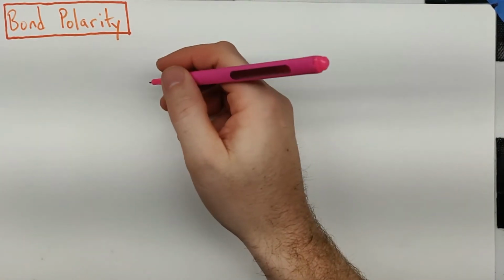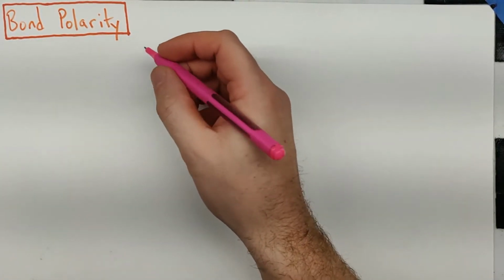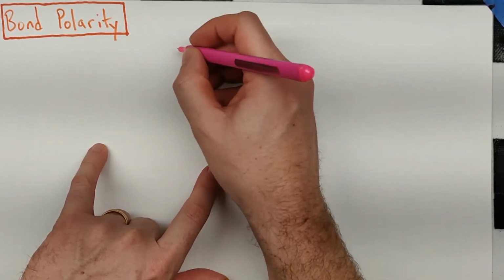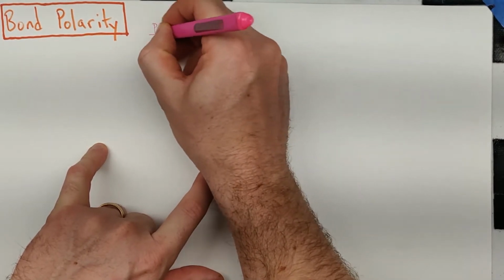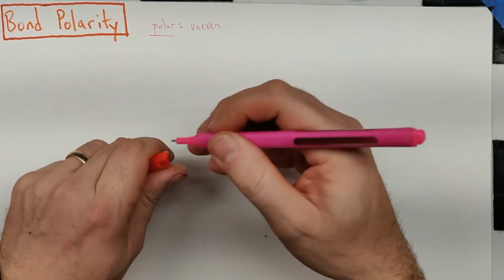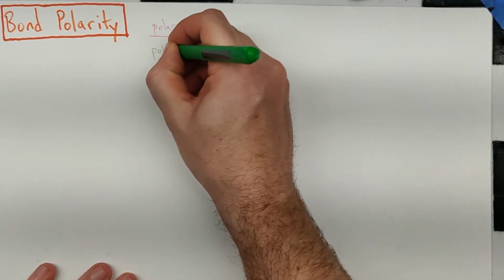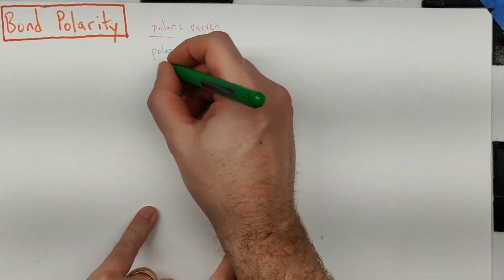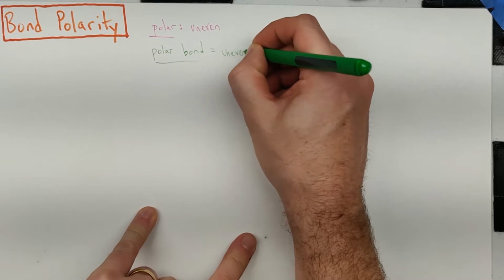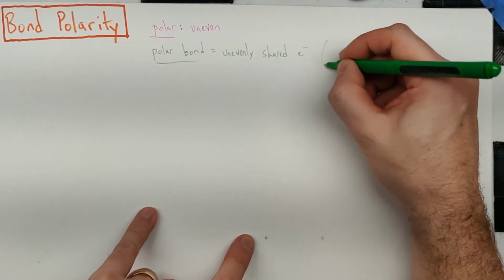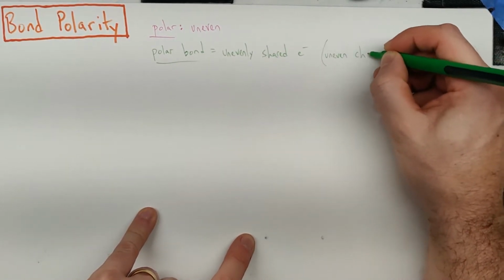I don't know how many videos I've mentioned bond polarity in, but it feels like all of them. It is important for us, again, to run through that hierarchy of vocabulary terms. We had the idea of what it means to be polar, in any context, which would be some version of uneven. And if we have a polar bond, we have a bond where electrons are shared unevenly. And so another way you could say that is uneven charge distribution,